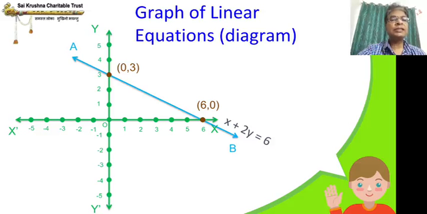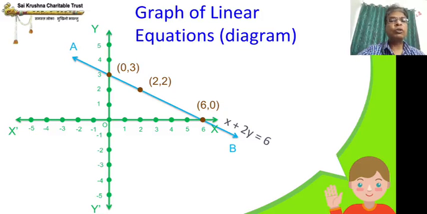The reason for this is, if there is more than one line, if we are going to draw 2 lines with multiple pairs of linear solutions, then we should not get confused about which line pertains to which equation. So this is step number 5. Step number 6 is a cross check. Plot the third pair (2, 2) and see whether it is lying on the straight line.